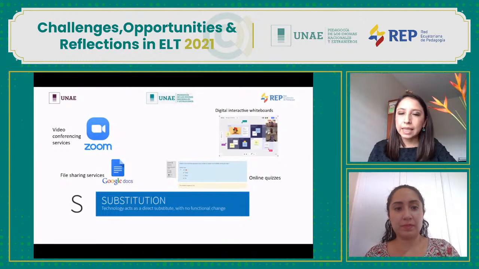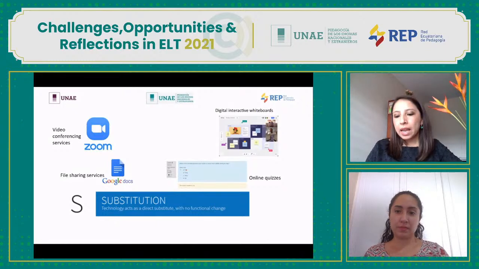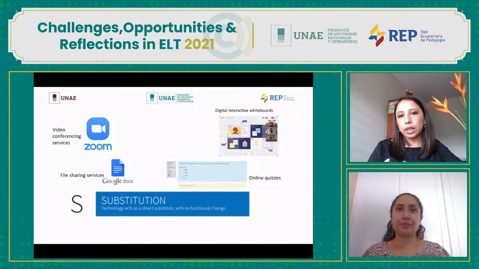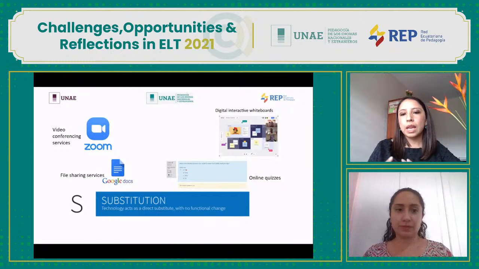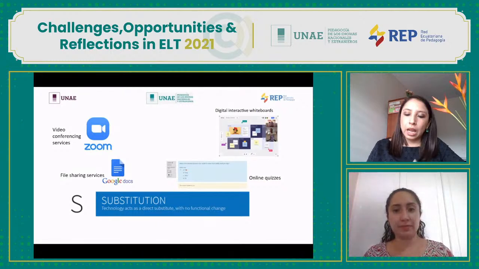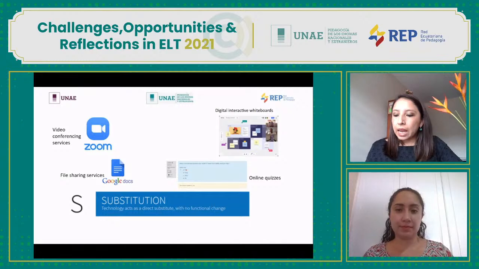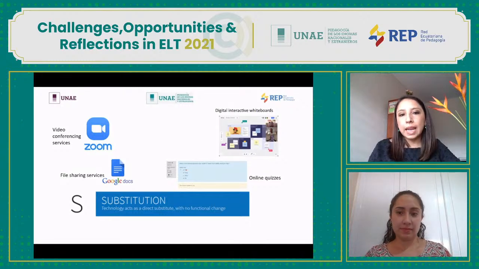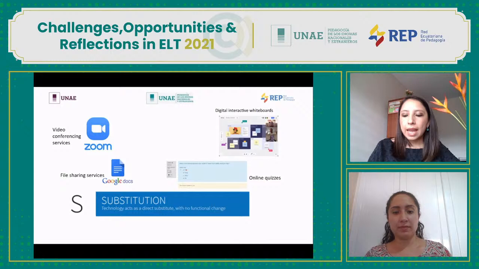we use in class. For example, when we use a digital board, we are in this step of substitution, since we are not using the traditional one, but we are making use of the technology to present our classes. And also remember that there is no substantial change in the content. This is the most simple stage of all four. And this provides a perfect opportunity for students and teachers to get comfortable with technology before transforming the complete